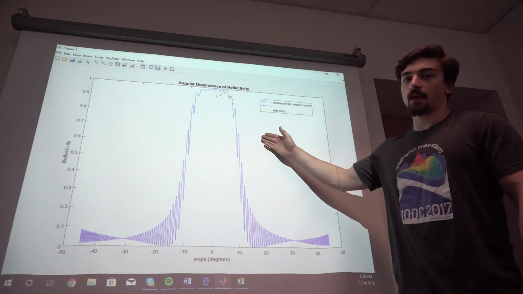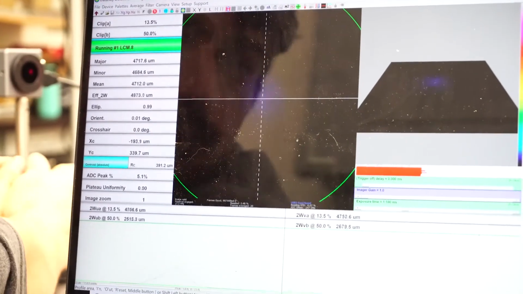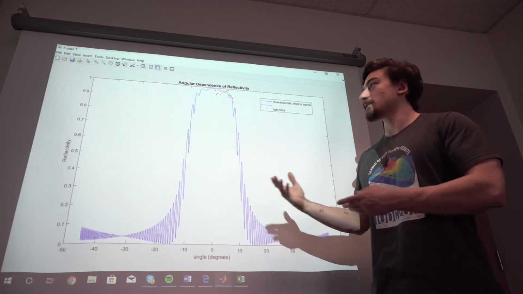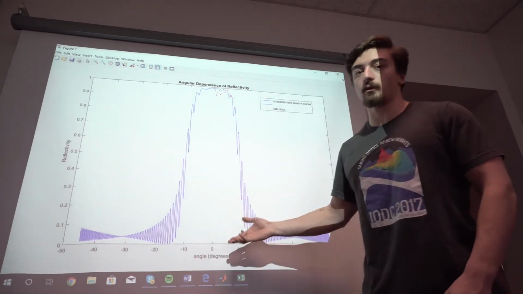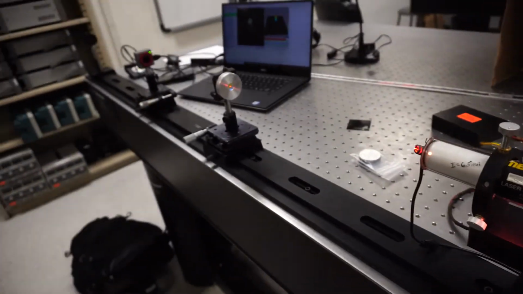The following graph shows the angular dependence of the reflectivity of our fold mirror. We were illuminating at about a 15-degree angle, which would result in about a 60% reflectivity. Clearly, the amount of loss we have in the system is much more than the gain, and therefore we didn't lase. Because we were not able to get the V cavity to lase, we took a little bit of data